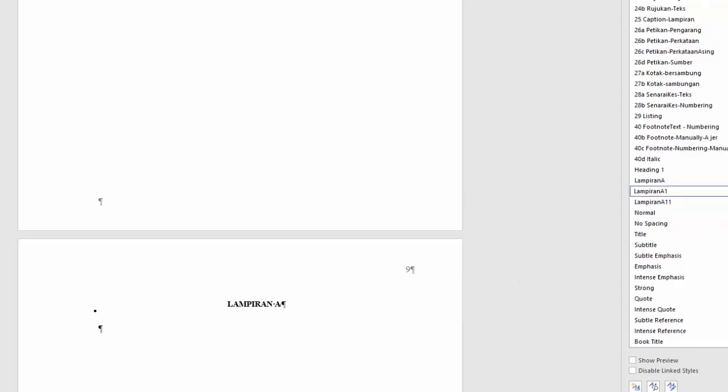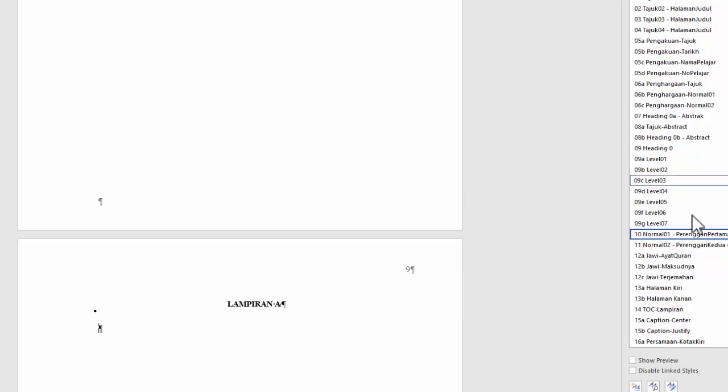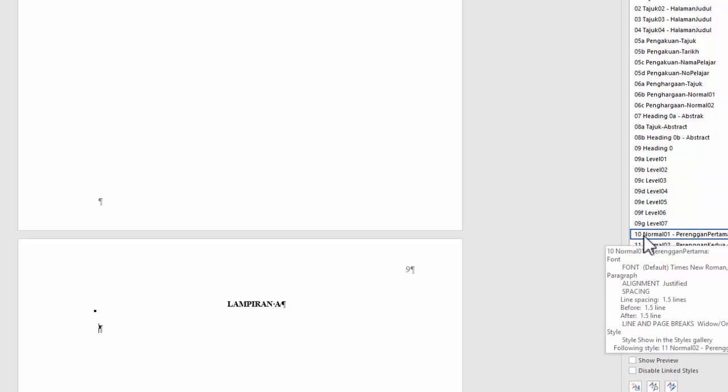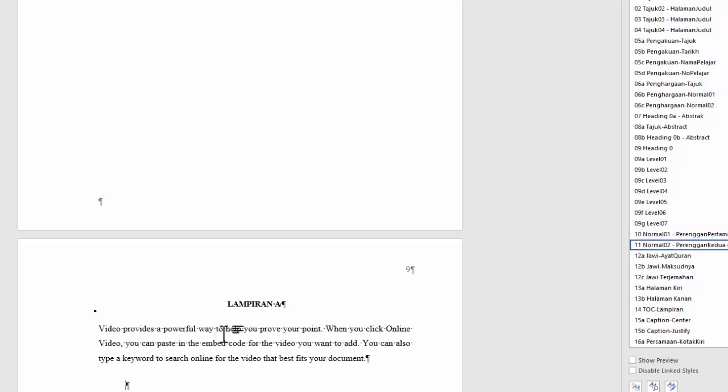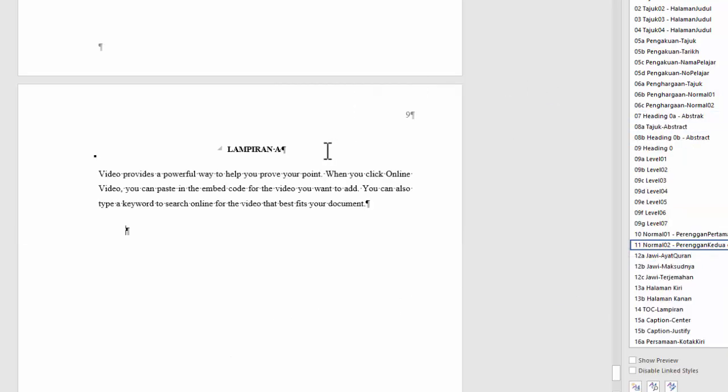But you can still use a Gaya UKM text, which is styles 10 and 11. So let's say you choose 10, you can put whatever you want there, for example. Okay, and then you can have the second lampiran, and before I forget, you can add a title